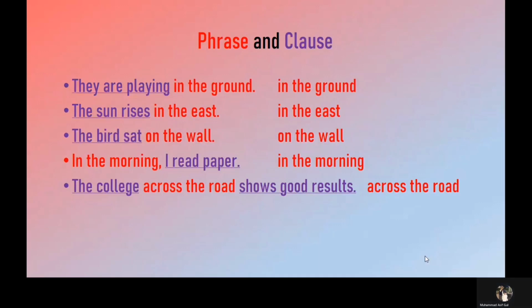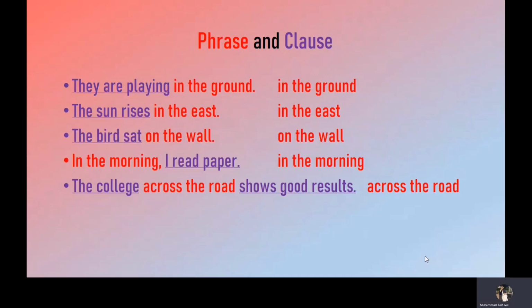If we pick this part of the sentence written in red and place it out of the sentence, if we write it separately, then it will not be conveying full sense. If we only say in the ground, or in the east, on the wall, in the morning, or across the road,